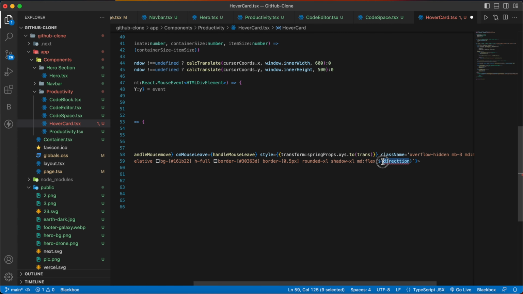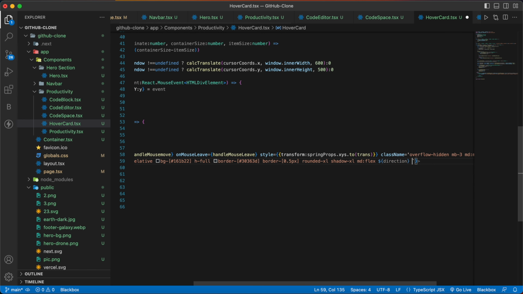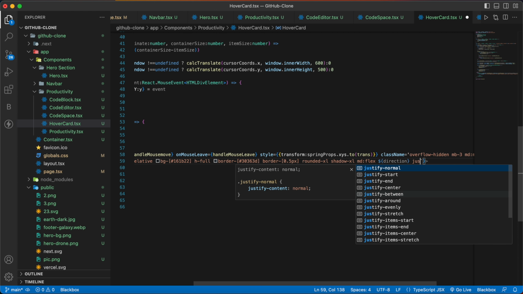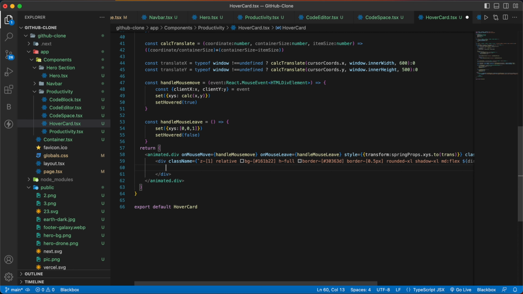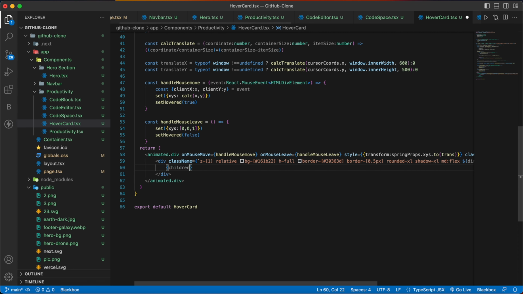And now we can pass direction and then justify-between, and then here we are going to have our children, and below that we are going to have one more div,